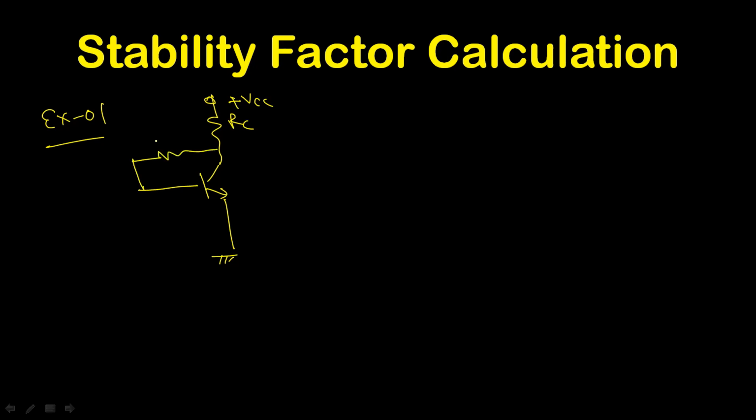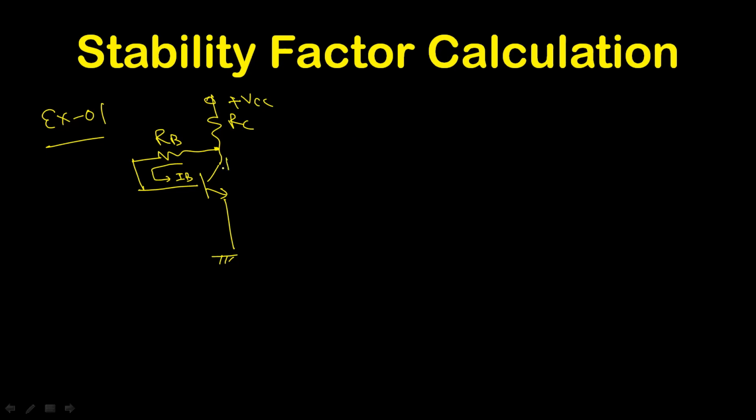So we can go for another biasing circuit. I'm taking another example. It is similar to fixed bias, just a slightly different configuration. Let the biasing resistance RB be connected here. In the fixed bias circuit, it was connected to VCC. Now it is connected here. So this current is the base current IB. What will be the value of S if I want to calculate that?